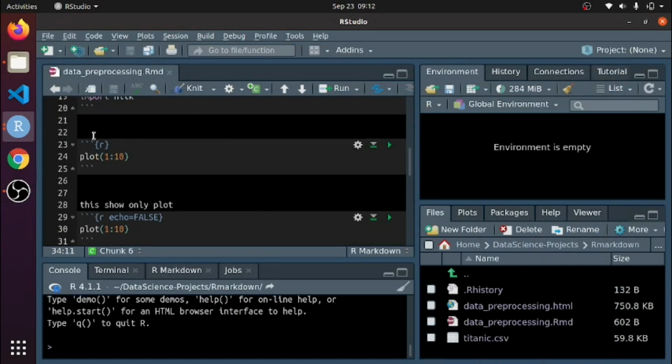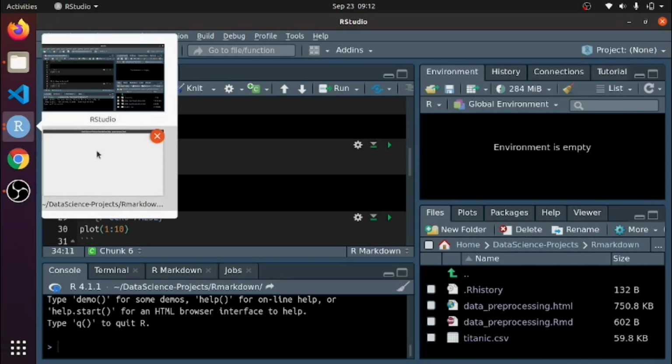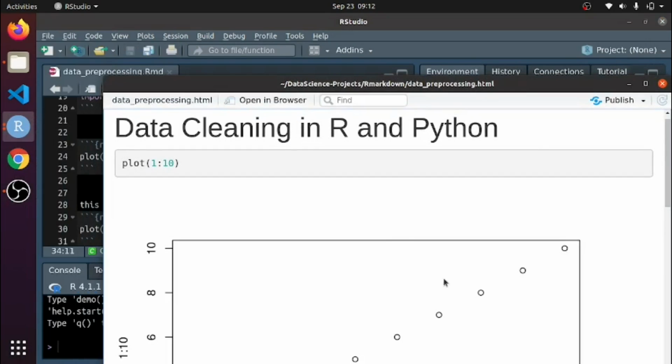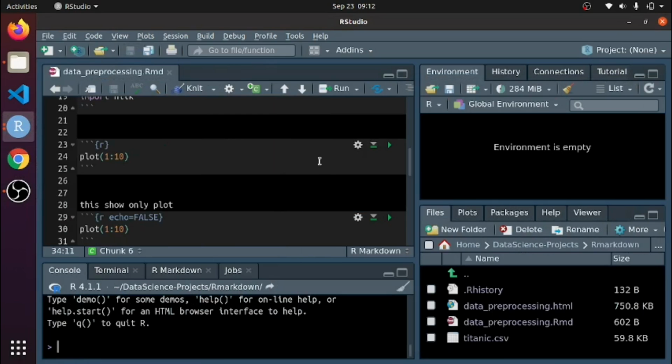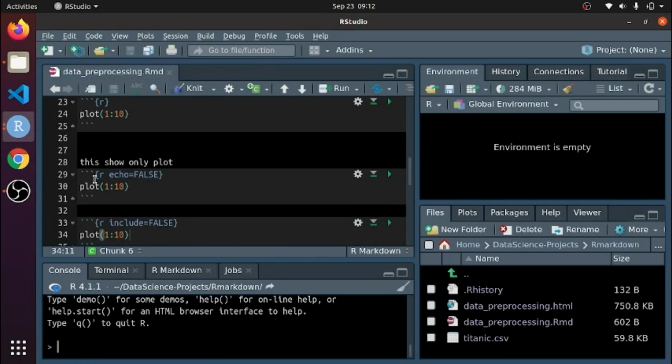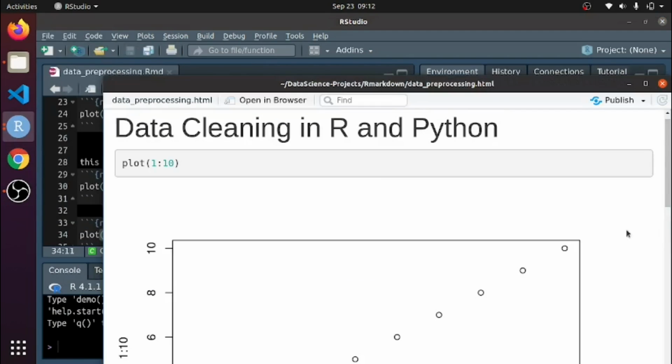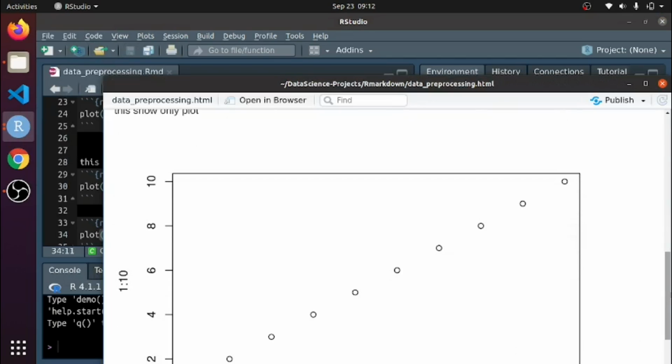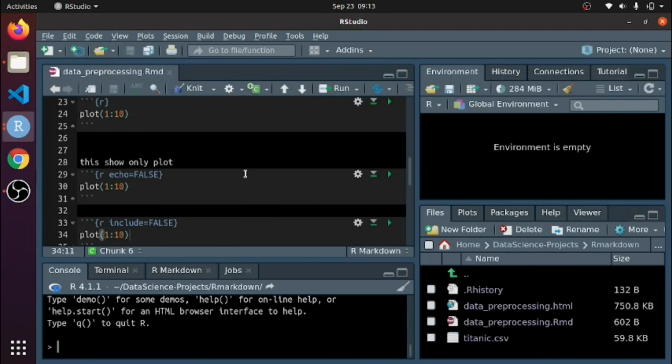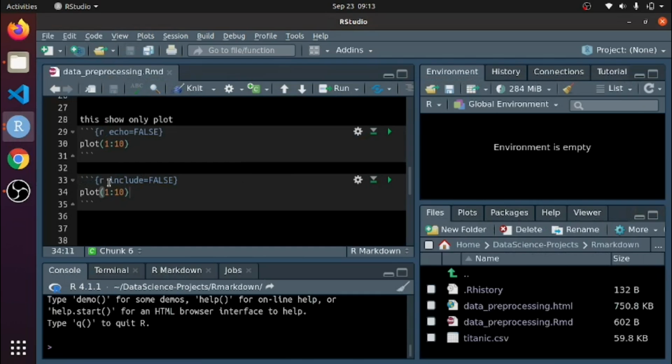As you can see, this is the first plot, and this is the second plot, and I also wrote the third code, but it shows neither the code nor the plot.